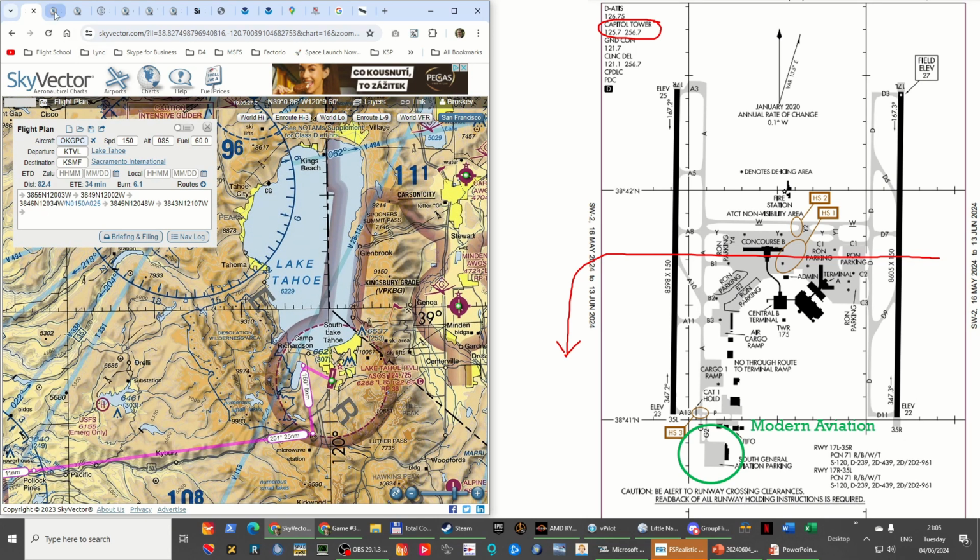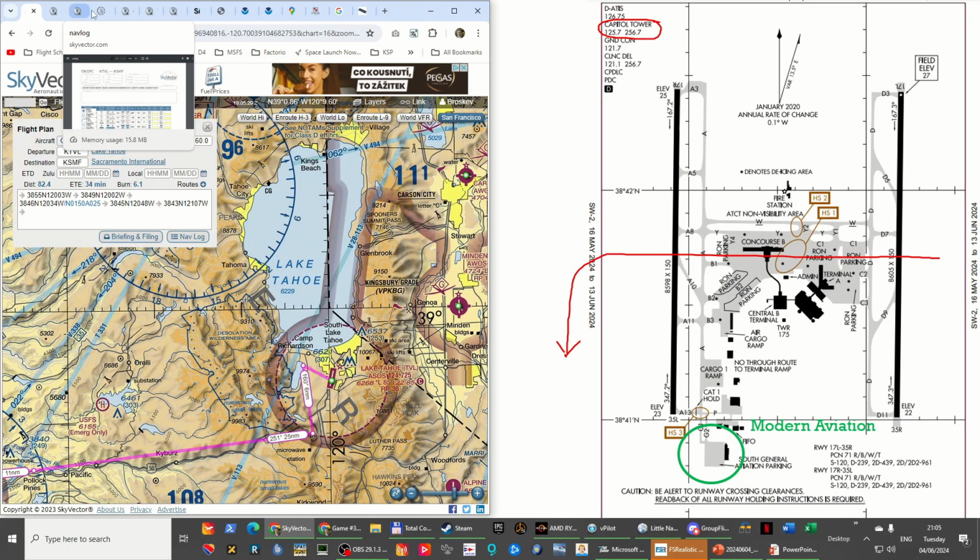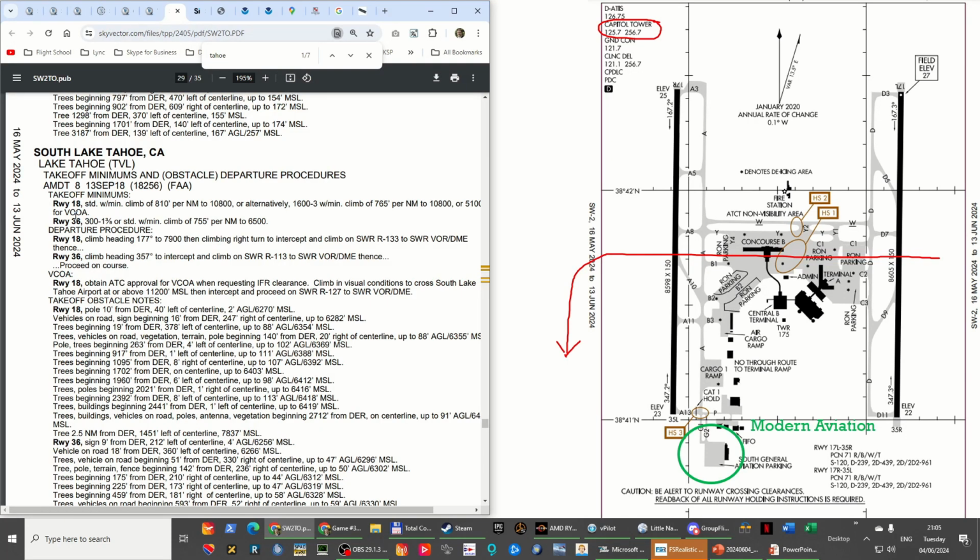I don't really understand this other takeoff minima. You can see that we're standard with minimum climb of 755 feet per nautical mile to 6,500. And 6,500 is just 200 feet above the runway. So